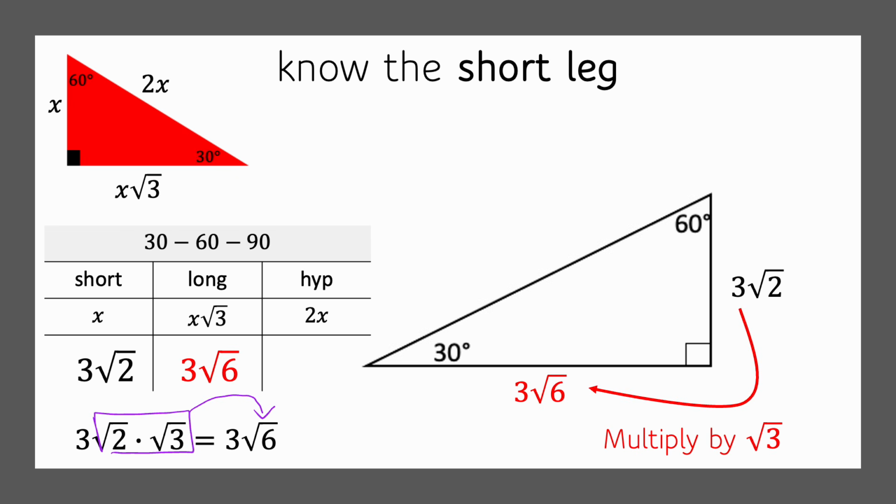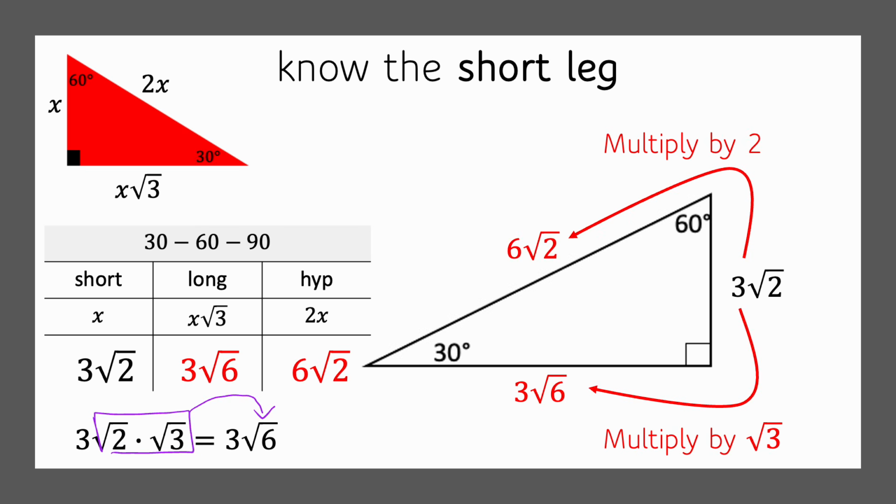Now go back to the short side, 3 root 2, and multiply it by 2 to get the hypotenuse. 3 root 2 times 2 is 6 root 2. So when we multiply this times 2, the like terms are the integers. So it's just the 3 and the 2 that get multiplied to get our 6. So if we know the short leg, it's pretty easy. But